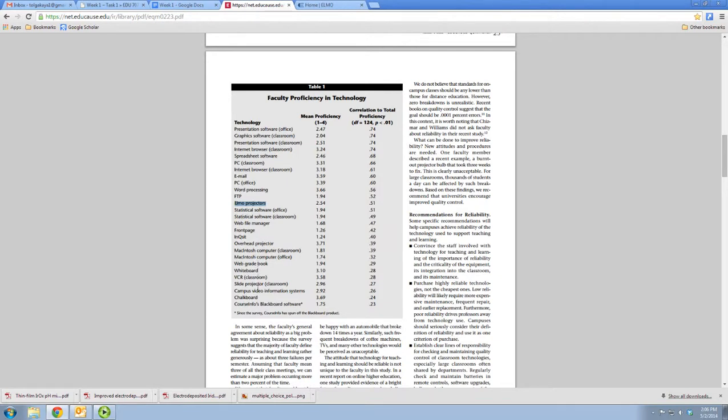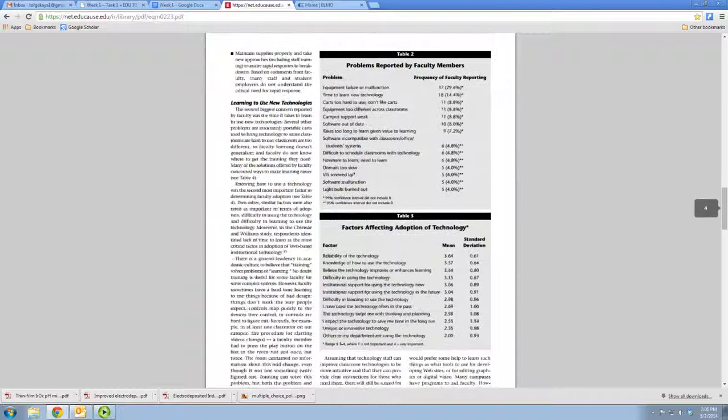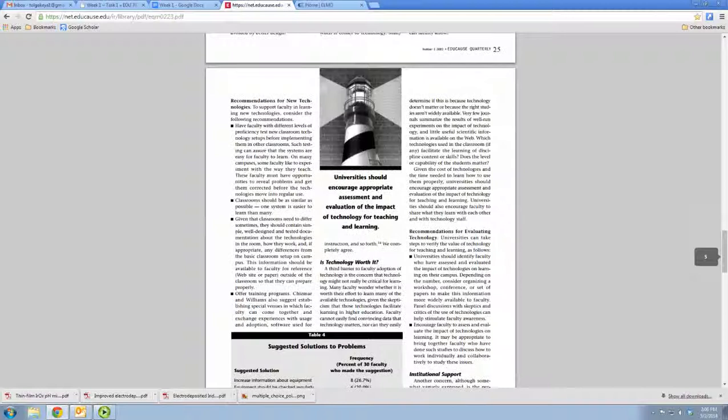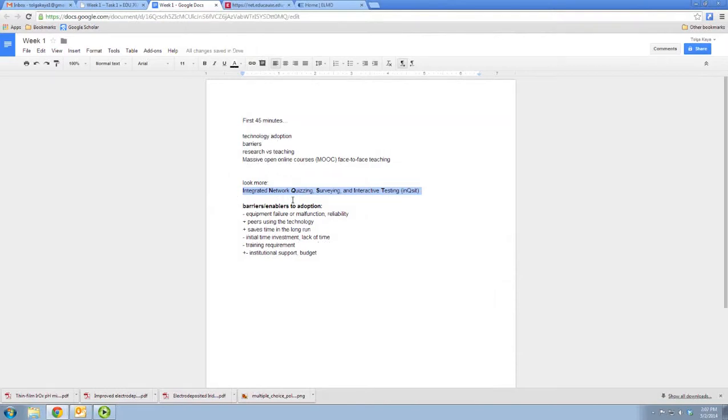Whiteboard, VCR, slide projector, campus video information systems, course infos, Blackboard software. Equipment failure. We talked about that. Universities should encourage progress in the evaluation of the impact potential for teaching and learning. Okay, I guess I'll look more into this Inkset thing